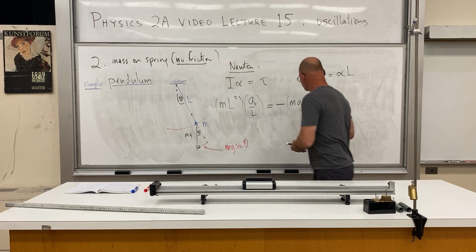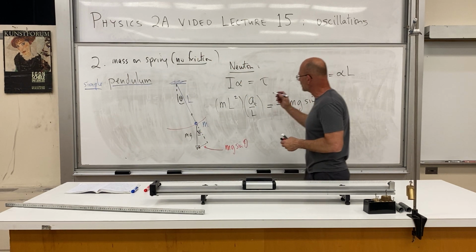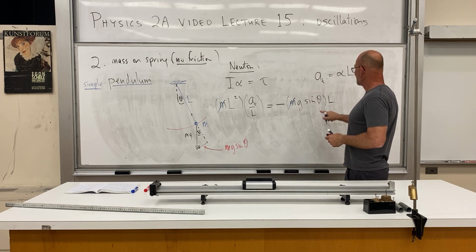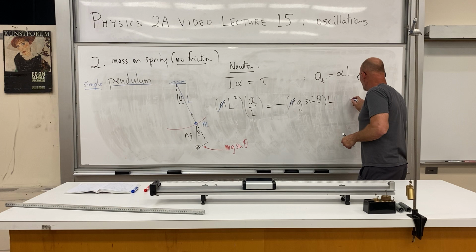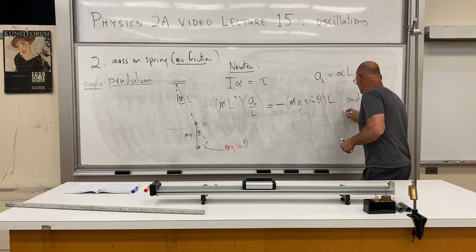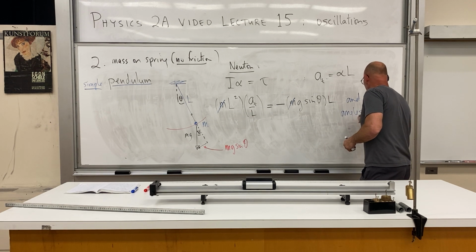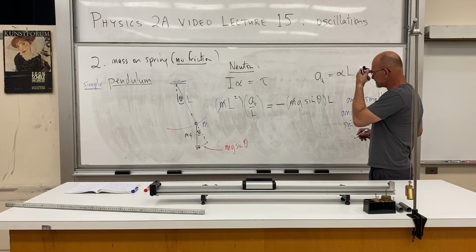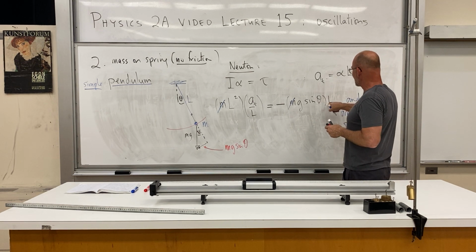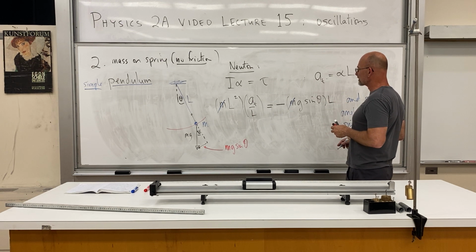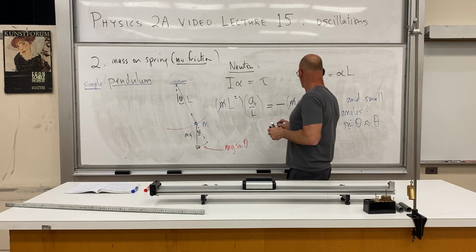Yeah, we're good. Okay, so the first thing we can do is cancel these masses. And the second thing we're going to do is a small angle approximation. For small angles, sine of theta is approximately equal to theta. And L times theta is an arc length. So we will end up with